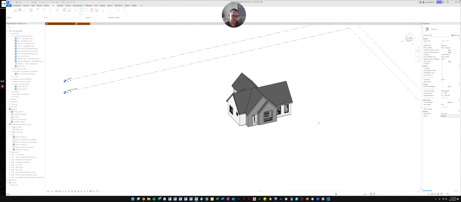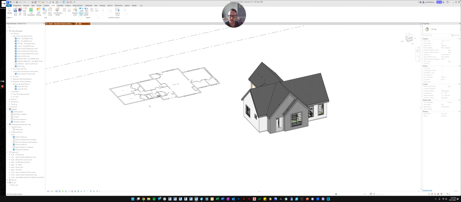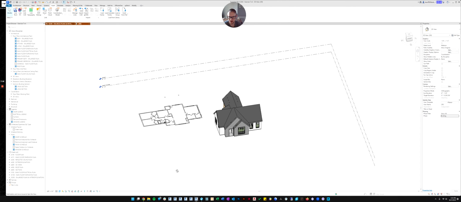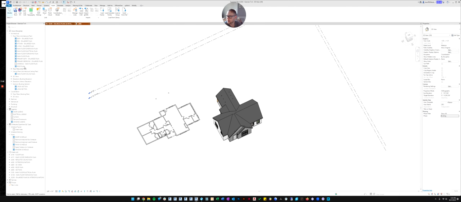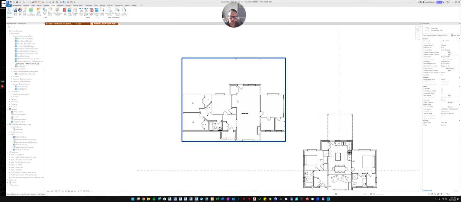So I'm going to click open, and it's going to load the AutoCAD file. Do you see how it kind of follows my cursor? It wants me to click where I want the file to go. If I would have picked one of the auto options, it would have just gone directly in and placed it, and then I'd have to scroll out and see if I could find where it put it. So I'm just going to click right here, and you can see that placed the AutoCAD file in 3D. Now I'm going to go to my working main floor plan, and now we've got to align it up.